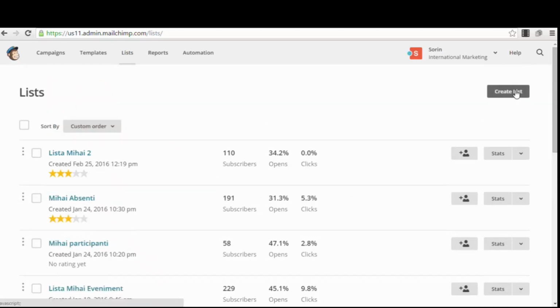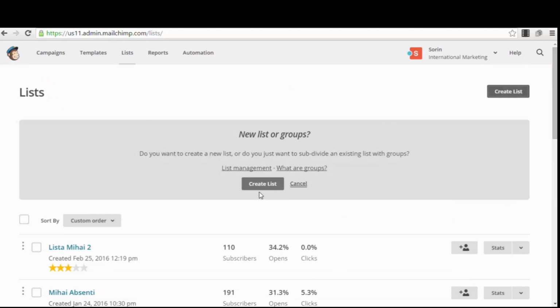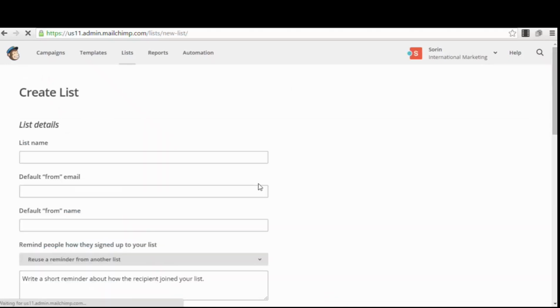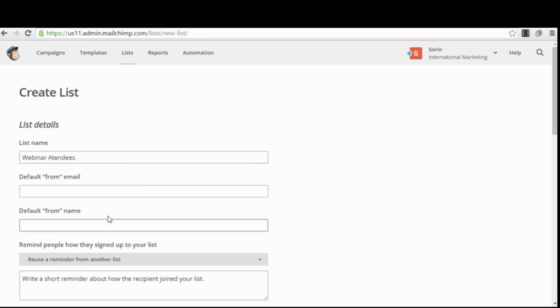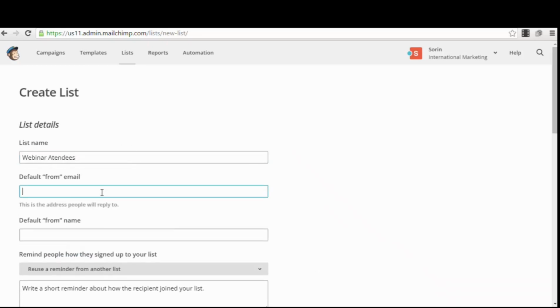So you just press the button, create a list. You go here, you continue, you give your list a name, webinar attendees. Okay, default form. So when people that are subscribing to this list will get an email, okay, in their inbox